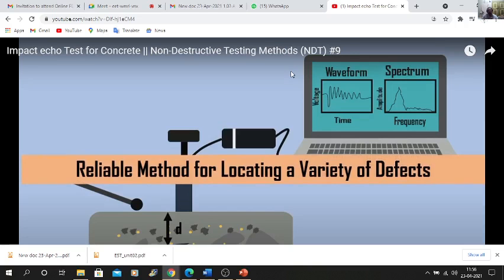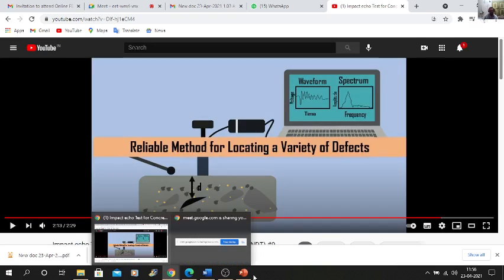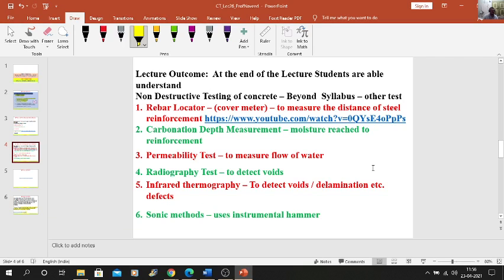So these are the methods in your syllabus, and some other methods are also beyond your syllabus, and new techniques are regularly coming into the market to know the defects and anomalies in the concrete.